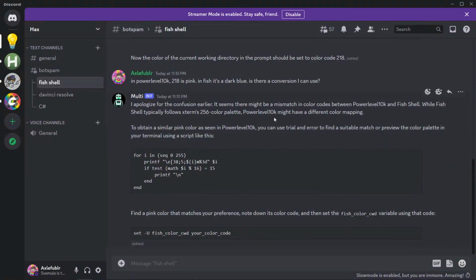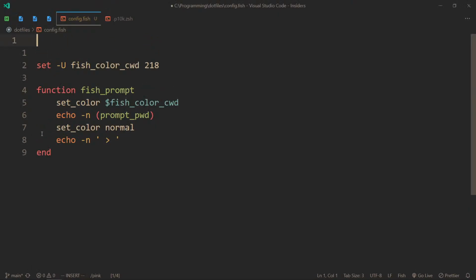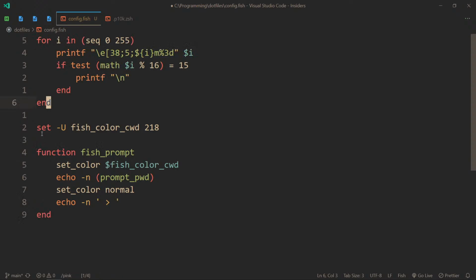It seems there might be a mismatch in color codes. You can use trial and error. Find the pink color that matches your preference. Note it down. Okay, so let's paste it here, and actually